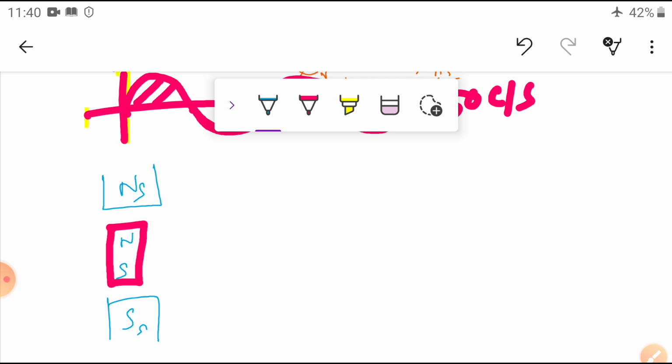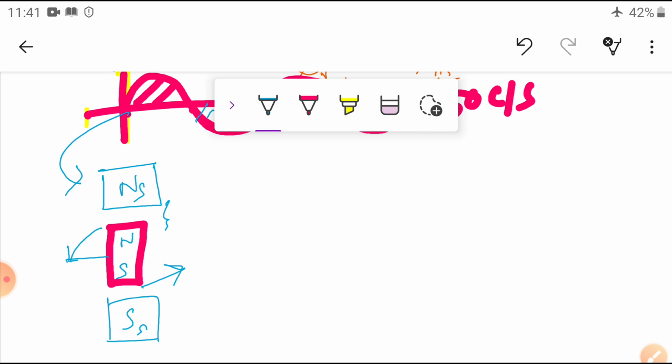During the positive half cycle, what will happen? The stator is the stationary part, and the rotor is placed on ball bearings. Due to the similar polarity, this will try to move in this direction and that will try to move in that direction; they repel each other. After a 90 degree displacement,